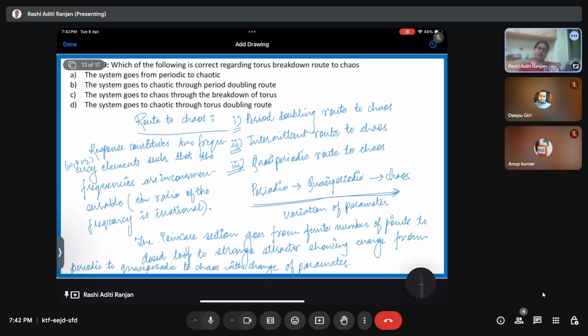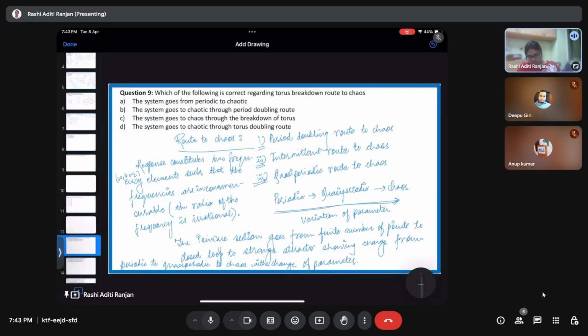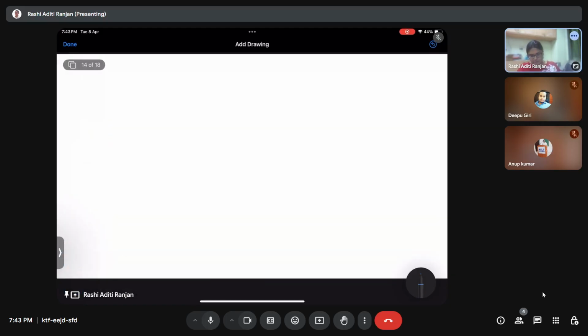So if my periodic response is changing into a torus or quasi-periodic response, and then that torus is now broken into chaos, the torus structure is now broken into some random movement in the phase plane. Then we say that a system is showing torus breakdown route to chaos. Okay, so what is essentially happening is that we have a periodic response. Then we have a quasi-periodic response,